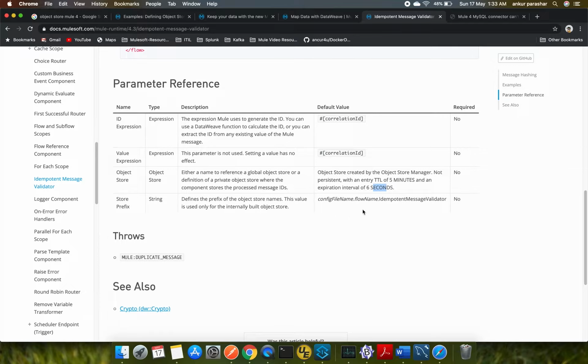So store prefix will put the name of a store in this particular format: config file name, the flow name, and ending with idempotent message validator. So these three are non-mandatory, optional. So we will be seeing how to play around with the first field.